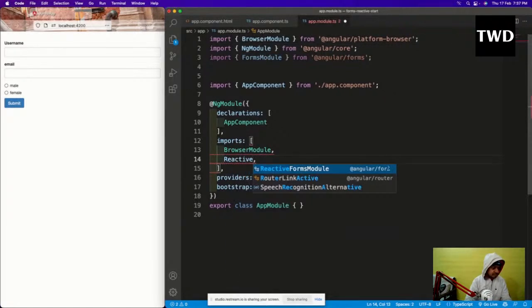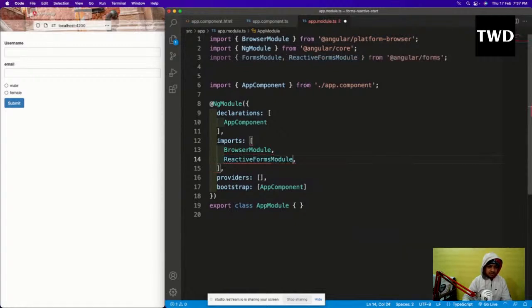Reactive forms module. Reactive forms module is there. I don't want the other one because we're going to create a reactive form. This is the second way to create a form in Angular. So I will save it, and now in the